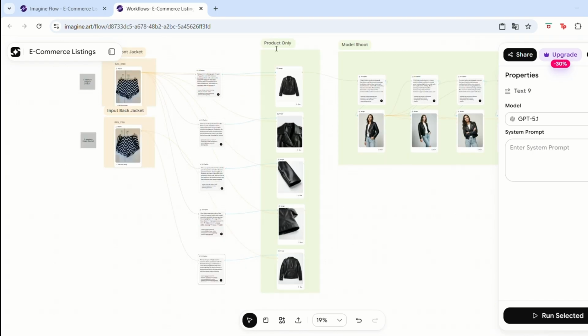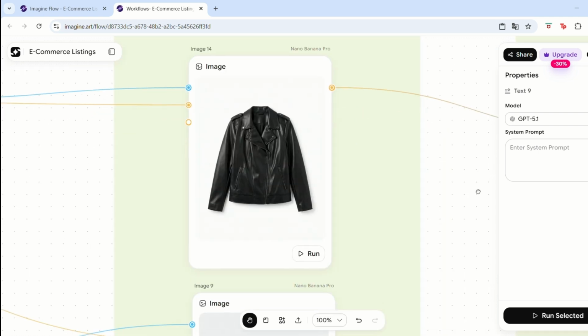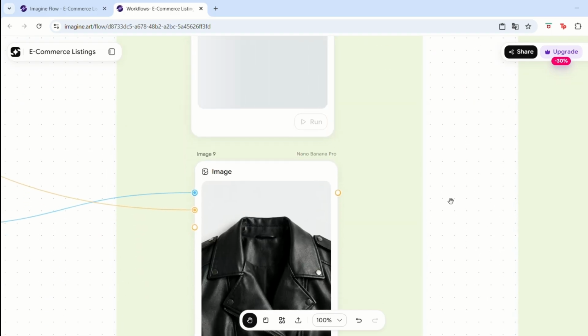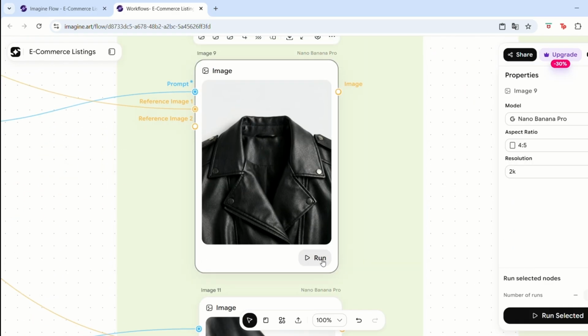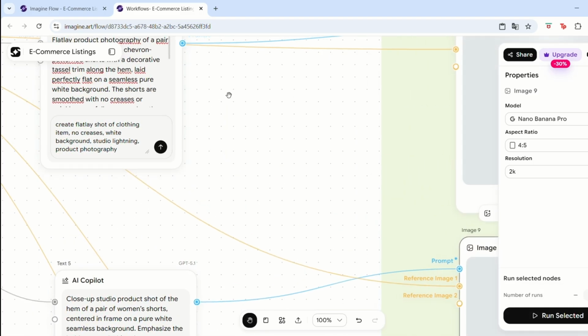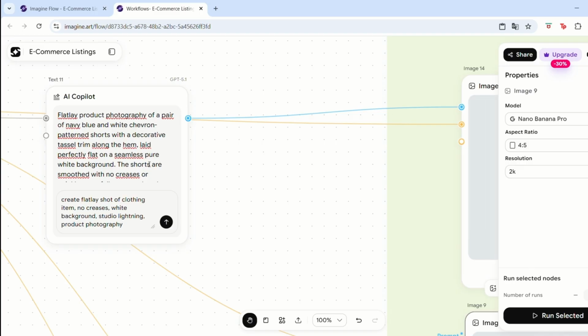Now we're gonna generate the product only images for your listing. All you need to do is generate again. You're gonna come in the image and you're gonna click run. While it's generating the photo, we can come here and also run the auto images because they are not connected. And as you can see, the nodes connect both the